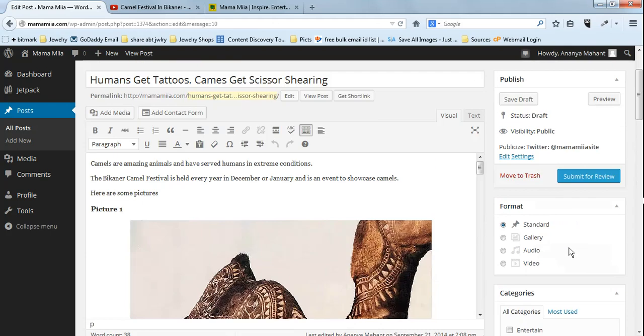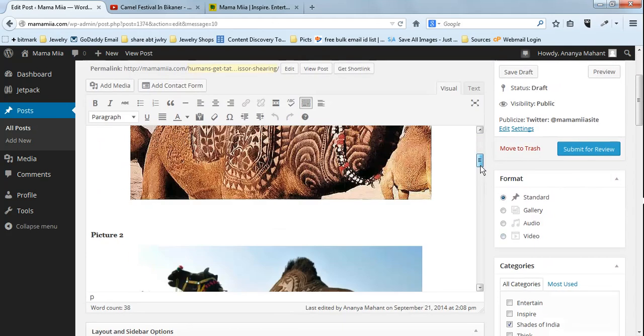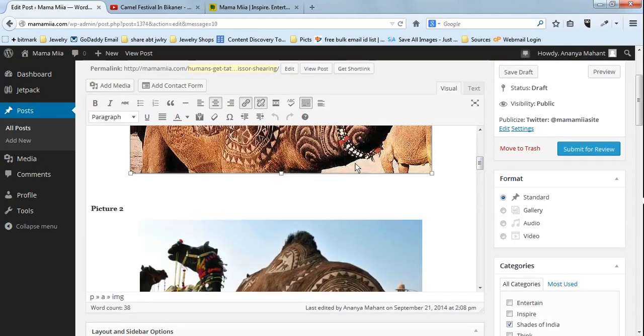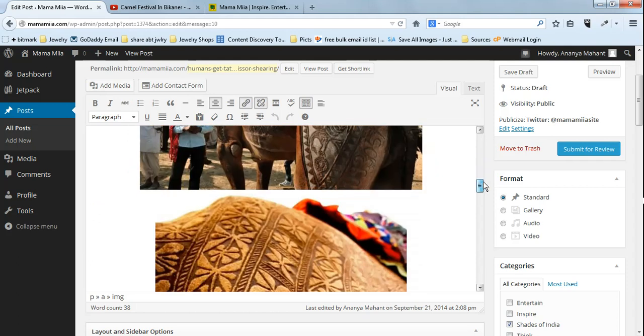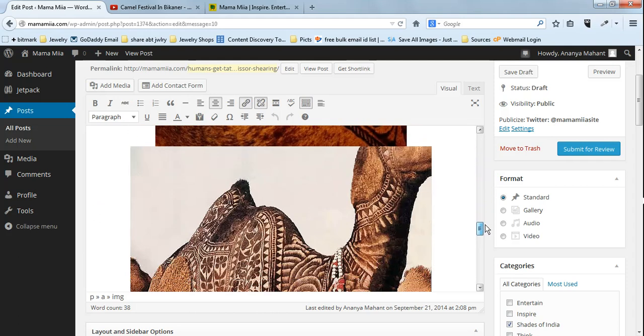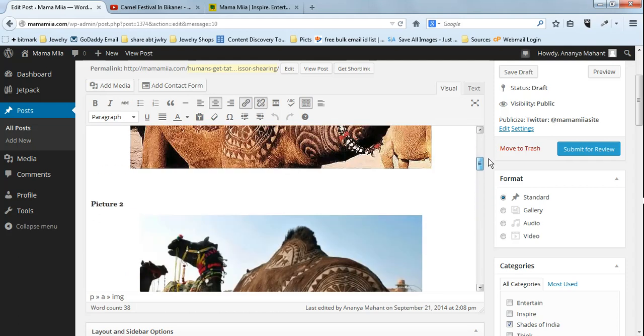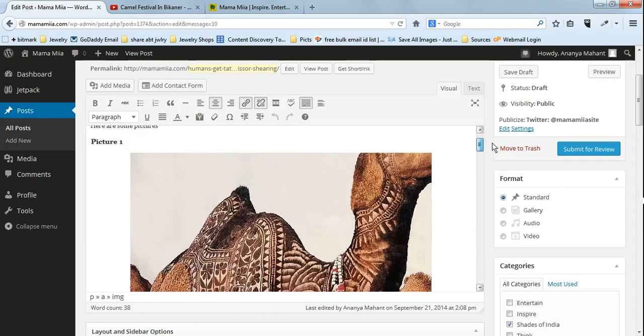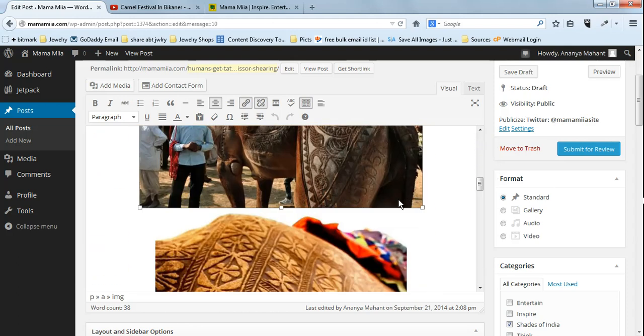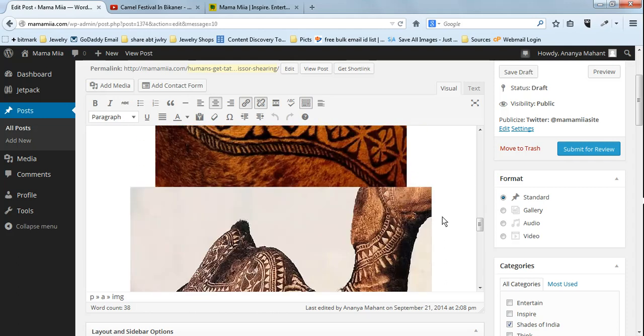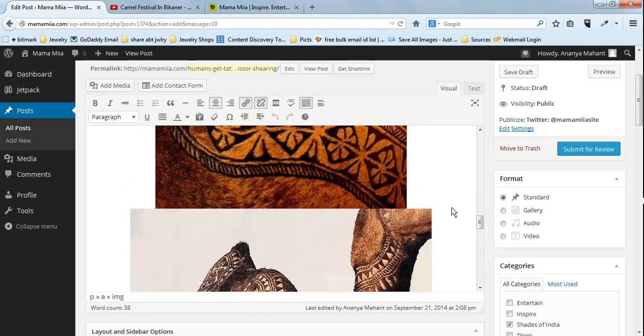For the other images, as you see here, all of these images are of different widths. For the purpose of this demo, I have not resized them. Ideally, you should adjust the width of all images to be standard. So if all your images are either 500 width or 600 width, they should be standard. Only the feature image has a constraint of being 806 pixels wide.